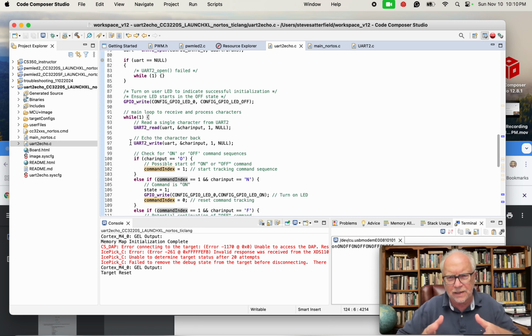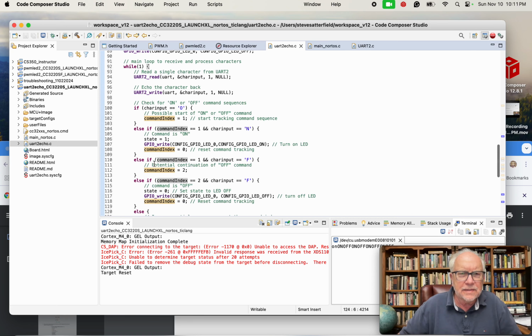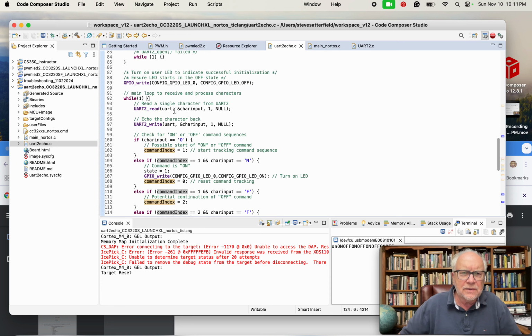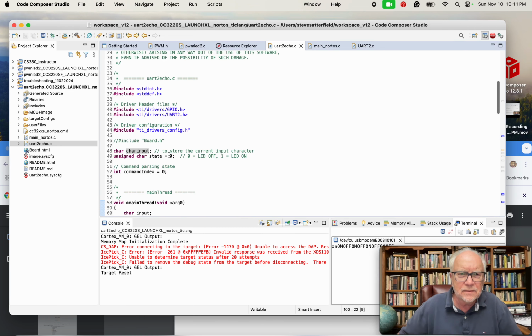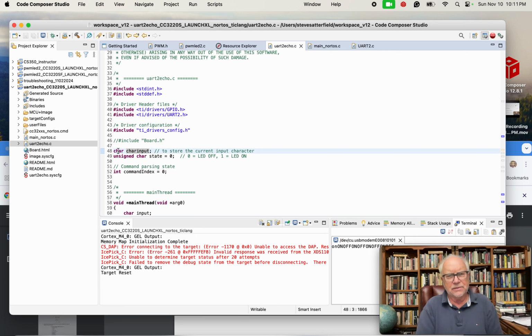We're going to echo it back out. And then we're going to apply some logic here. Now I've got a holder here, a character input holder that I defined up here, and it's a char. The type is char, and in the instructions,